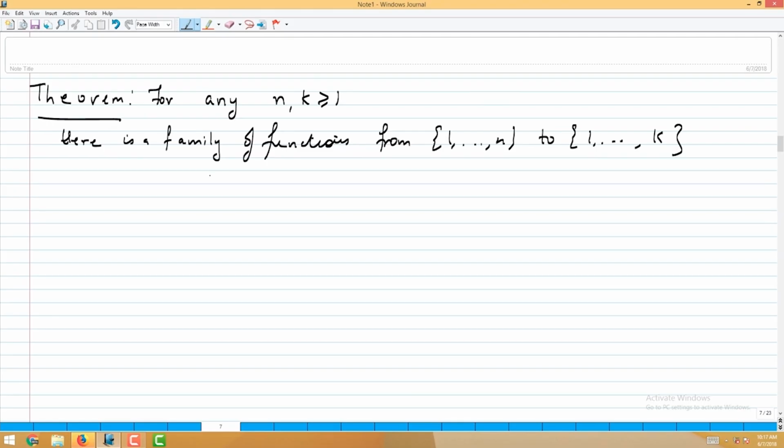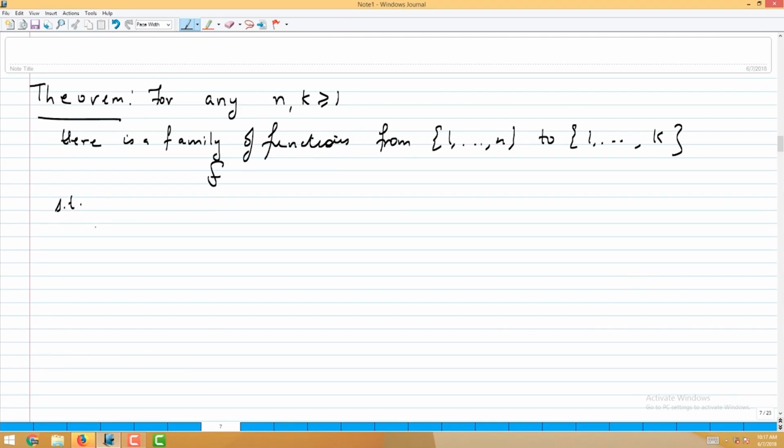So what is this? This is a family, and the family contains some functions. What are these functions? These are functions from 1 to n, whose domain is 1 to n and range is 1 to k, okay? It's a family of these functions which have a very, very nice property. What is this nice property? The nice property is that